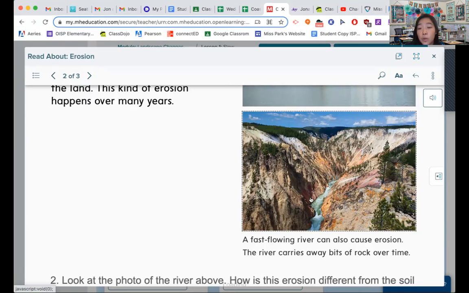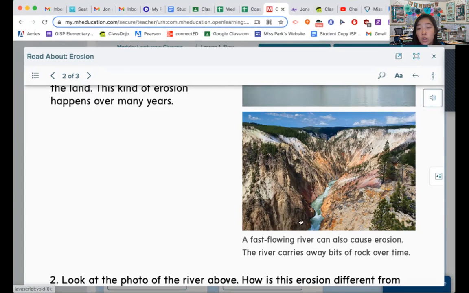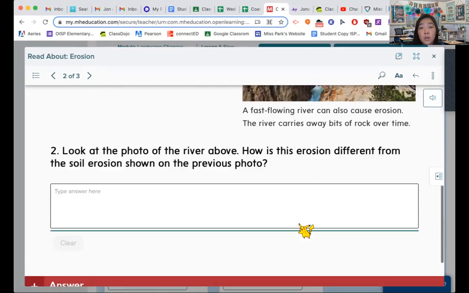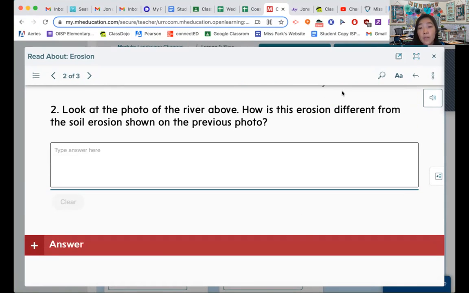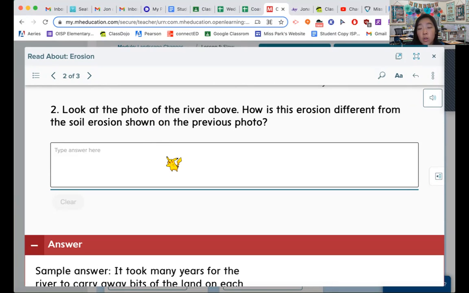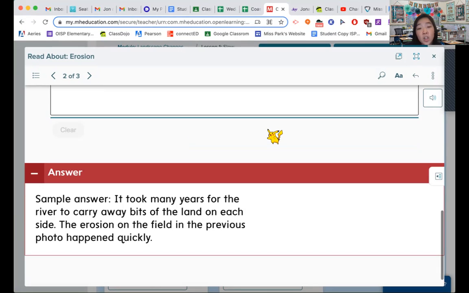Here, a fast-flowing river can also cause erosion. The river carries away bits of rocks over time. Look at the photo of the river above, and how is this erosion different from the soil erosion shown on the previous photo on the before page? It took many years for the river to carry away bits of the land on each side. The erosion on the field in the previous photo, all that soil being the brown water, is the soil being